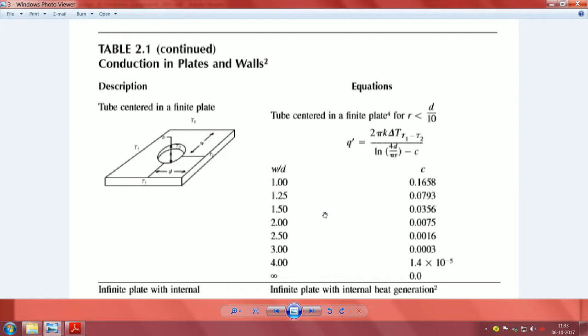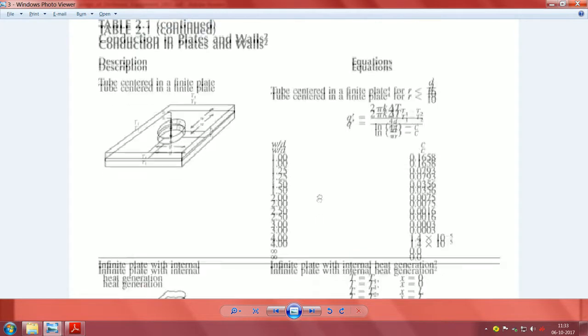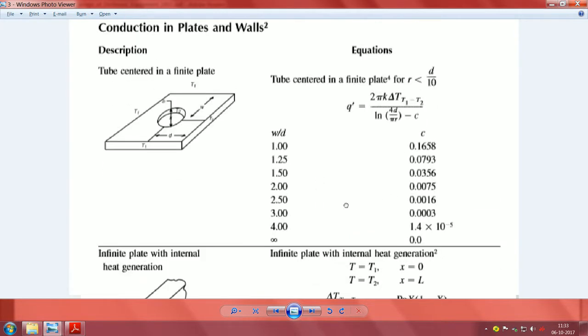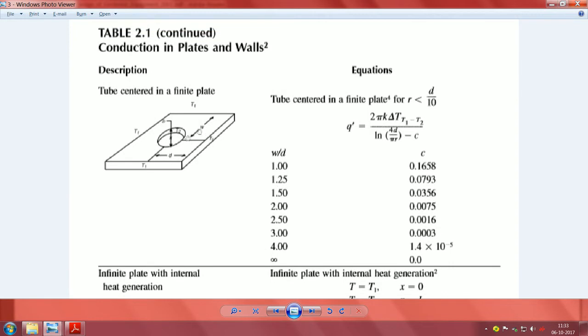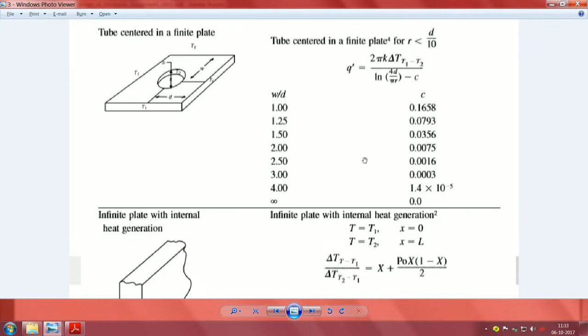But right now, since this book itself, as I said, was probably around 30 years old, 90, 2000, yeah, approximately 30 years old. At that time, these were useful information. Even today, people can see it. Tube centered in a finite plate. So, as things move and the shape factor changes here, saying when it is a square, how these things behave, when it is thin and long, how do these things behave. So, as we keep going down,